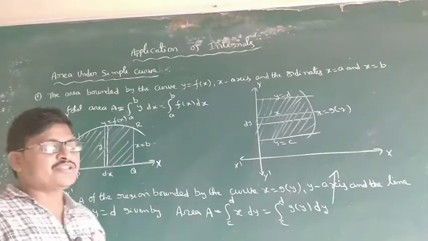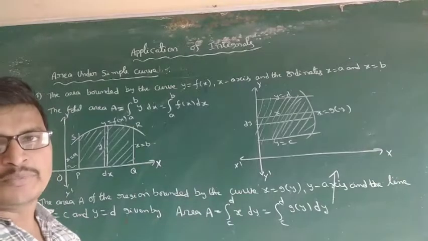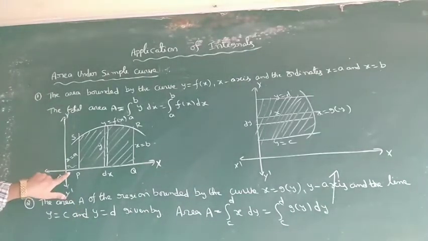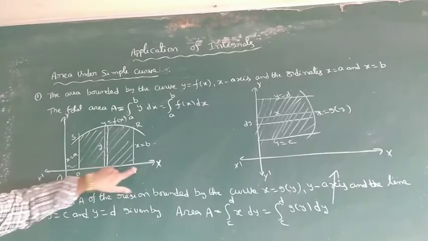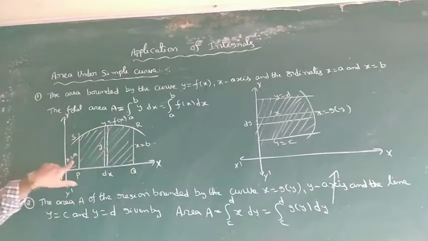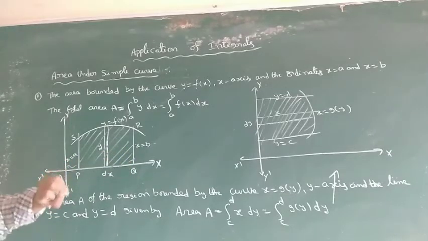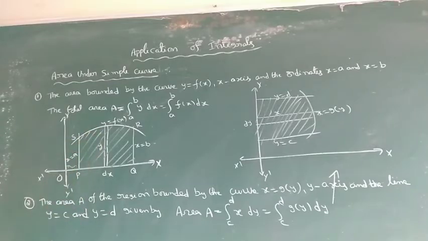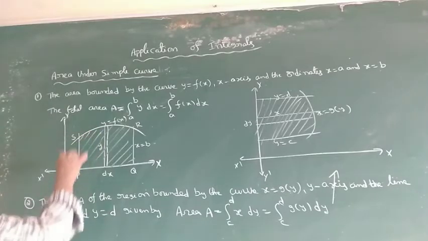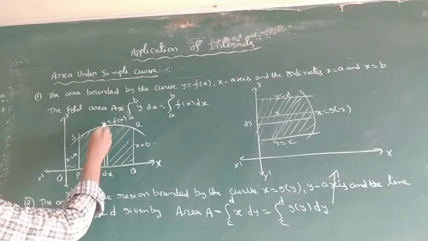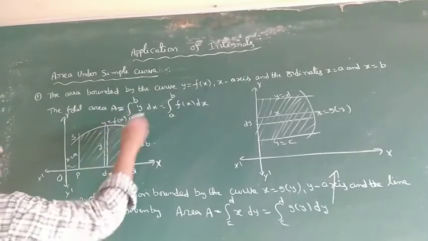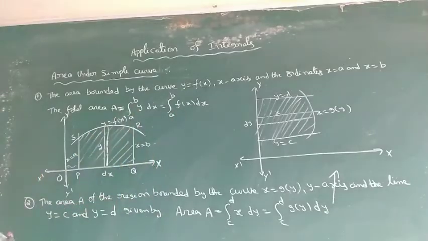Definite integration means over the limits a to b. So this is the small value, for example 0 to 1, and this is the highest value, b is bigger than a. So integral a to b. What is the area? Under a plane curve, this type of curve, the area is integral a to b of y dx. What is y? The curve, given as f of x.